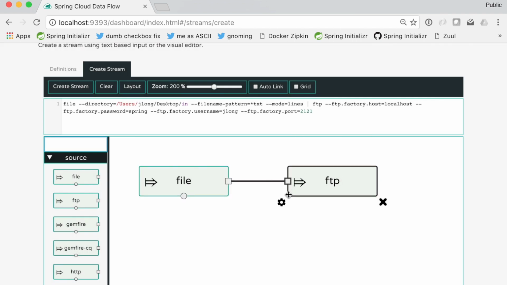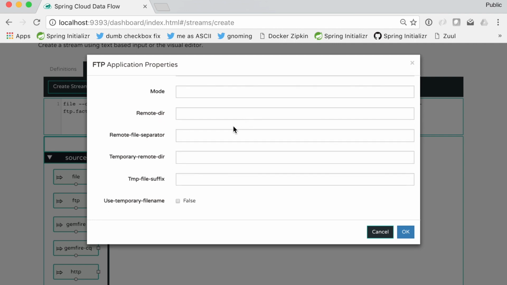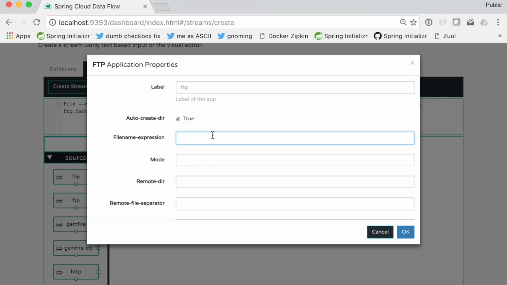We also want to specify information about the FTP server itself. So I want to automatically create the directory in the FTP server if it doesn't exist. I want to use a temporary file name, absolutely. And I want to use an expression to arrive at the name itself. So I'll say